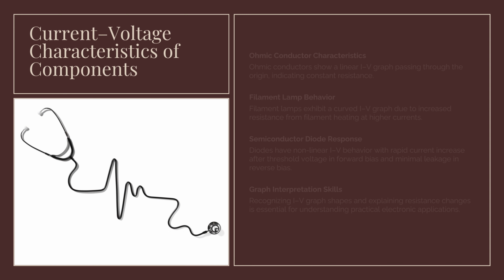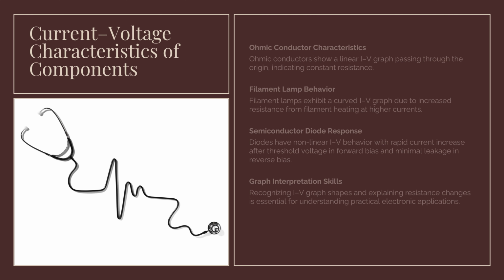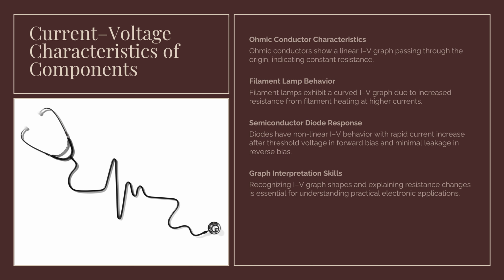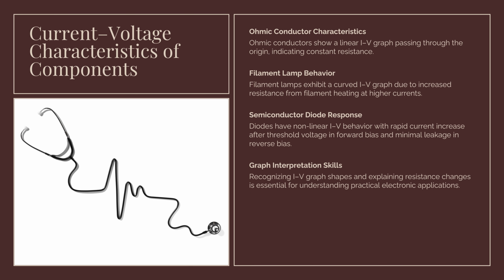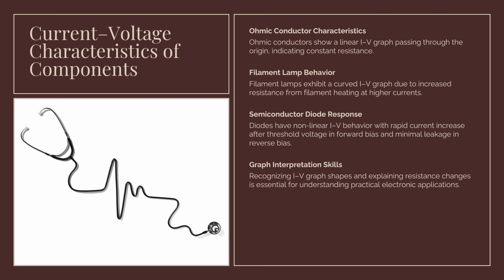For an ohmic conductor, the IV graph is a straight line through the origin, indicating constant resistance. A filament lamp, by contrast, shows a curve that becomes less steep at higher currents due to heating of the filament and the resulting increase in resistance. Semiconductor diodes exhibit highly nonlinear behavior. In forward bias, current increases rapidly only after a threshold voltage is reached, while in reverse bias, only a very